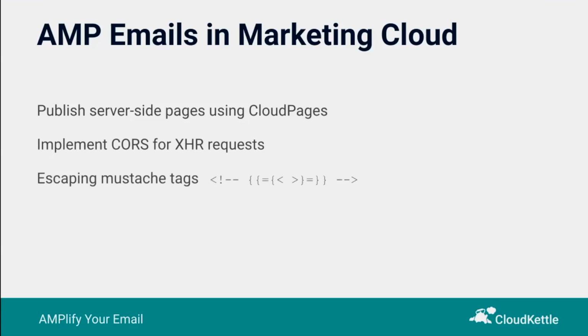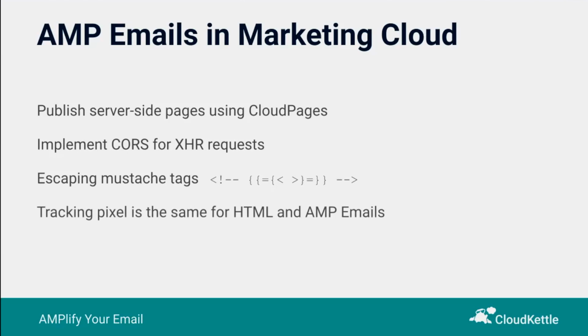The AMP Mustache component in AMP emails is used to display open time-based content. Now, the Mustache syntax is actually identical to Guide template language, and therefore you'll need to escape the double curly brace delimiters to force Mustache tags not to be interpreted at send time. And you can do so by including the following syntax pattern at the start of your AMP email code.